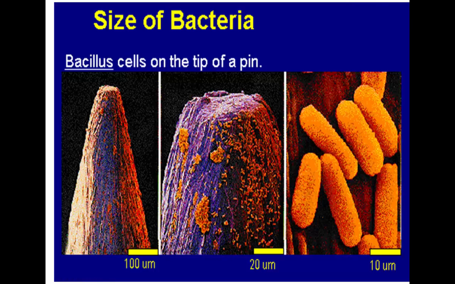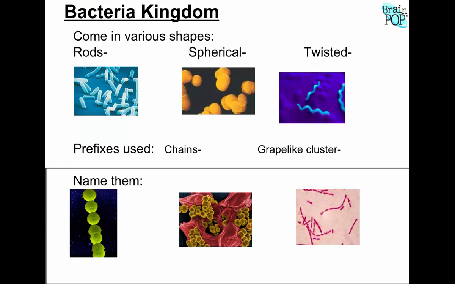So just to give you an idea, bacteria are extremely small. Here we have individual bacteria colonies on the head of a pin, and these things that look like Cheetos, or they did when the color was on, those are individual single bacteria cells. I don't know what happened to the color.